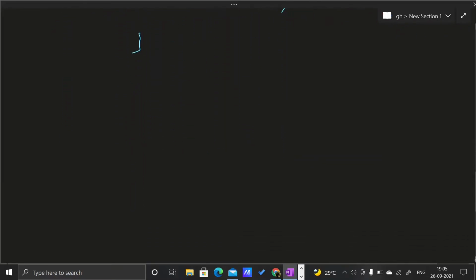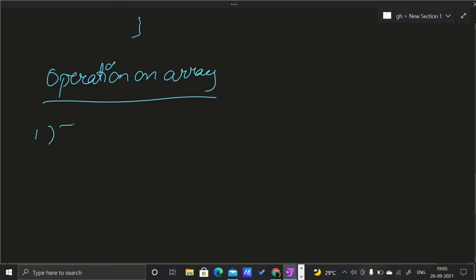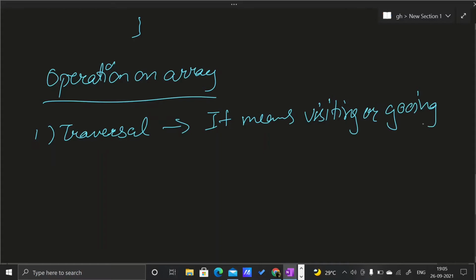Now there are certain operations on arrays. First of all, we have traversal. It means that we will visit each and every index, visiting or looping through the array.